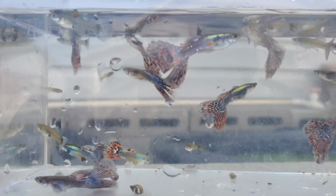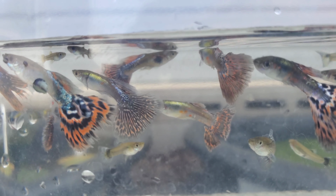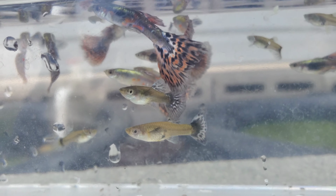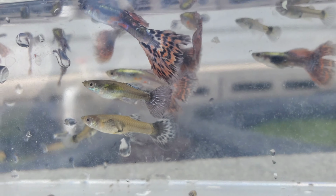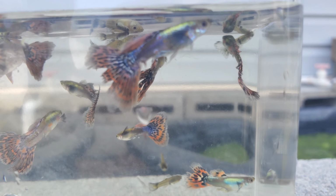I'll do a whole big video when I harvest these guys out, but I have heaters in here, so I'm thinking I can get almost probably all the way to Halloween, the end of October. If I gotta bring them in, the weather will decide that for sure, but I think they probably still have another 2.5 months outside, so we'll start